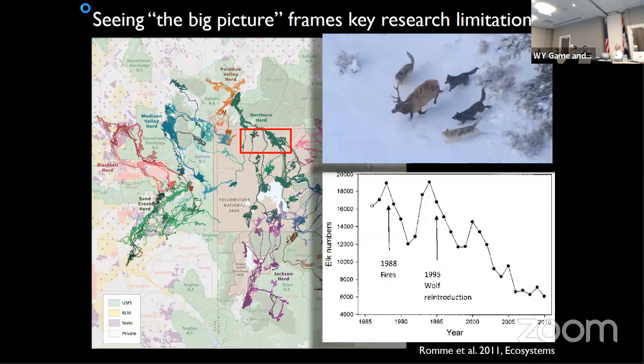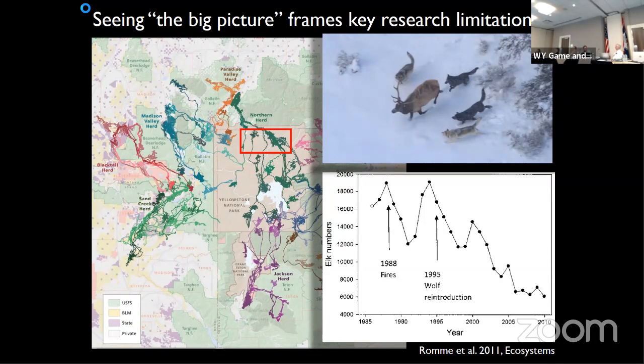Most of that work's focused on wolf-elk interactions. And what you'll see here is the northern herd's pretty well-known decline in overall numbers over several decades. Wolves were introduced in 1995, followed by a steep decline. And so there's a lot of work that's been done on this, and clearly wolves play a significant role here, as well as bears and hunting that continues, of course, across the park line in Montana and other segments of this herd.